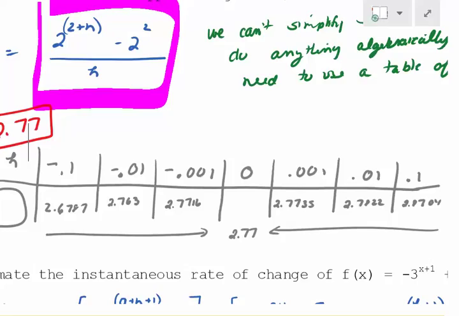Now, this is a table, but you can't really use the table set on your calculator to do this. Why not? Why would it be a little challenging to use a table? What's the distance between all these? Is it the same? They're different, right? So theoretically you could, but you're going to have to scroll a lot. You'd have to start at negative 0.1. You could scroll. You can do it, but the thing is, if there's more, it would be really hard to